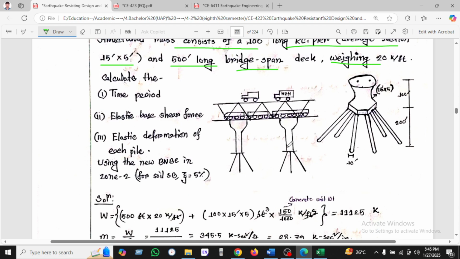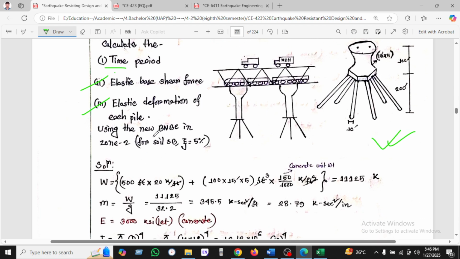So these are mainly the Padma Bridge, practically taken from Padma Bridge. Now we have to calculate the time period, elastic base shear, and elastic deformation of each pylon using the new BNBC,